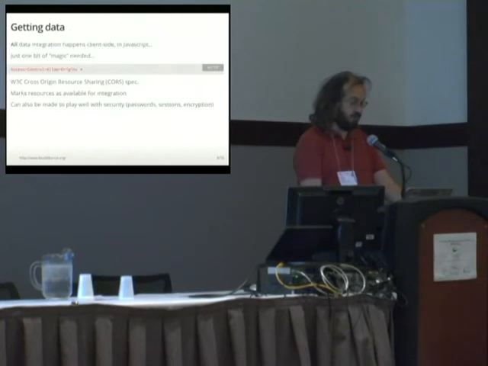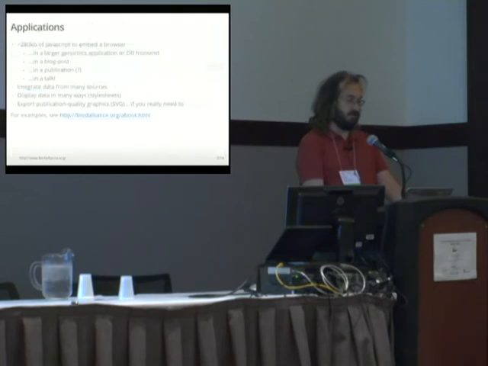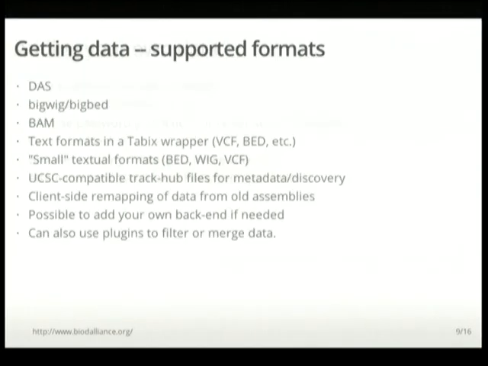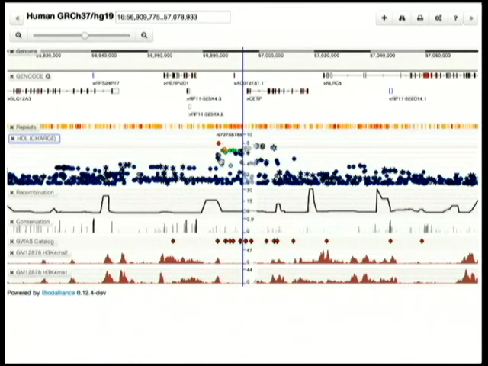And so, for instance, the genetics track, which I showed a moment ago, is actually a client-side integration of 3 different data sources. So there is a BigWig file with the p-values for the variants. There's a BigBed file which contains a bunch of other annotation, like the variant effect predictor results,